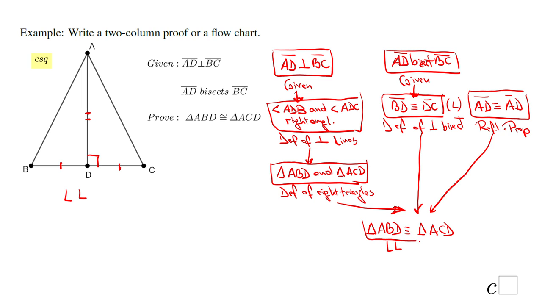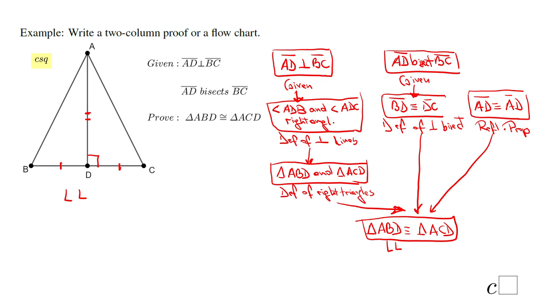Okay, and that is the flowchart for this problem. But again, I would suggest you first do this one where you prove you have right triangles, and then you can do what I did here, leg,